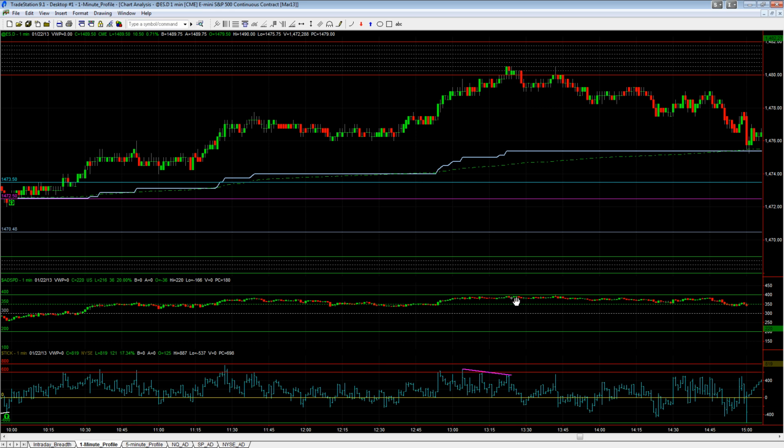The S&P internals were hitting close to positive 400, and the NYSE tick was really showing more upside momentum until about over here, where it starts making new lows. But at this point, when it was testing this resistance zone, it really was showing more bullish activity than bearish. But like I mentioned on Twitter, trade location in itself is a big edge in the market. And in this case, trade location alone is giving you enough edge for a pullback to the midpoint and VWAP.